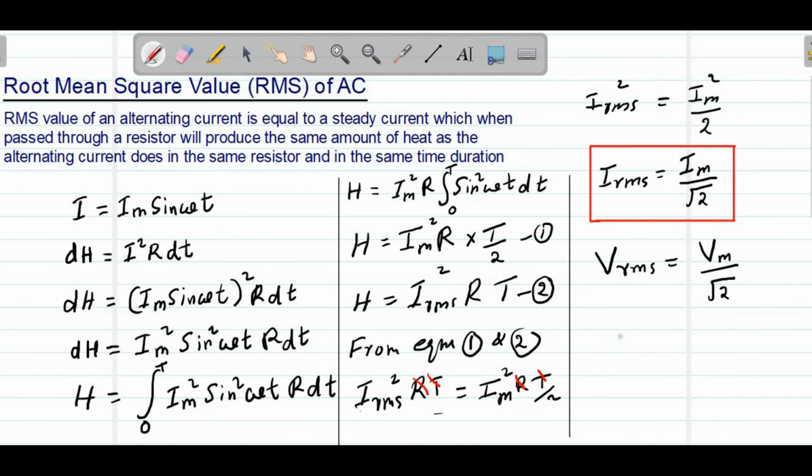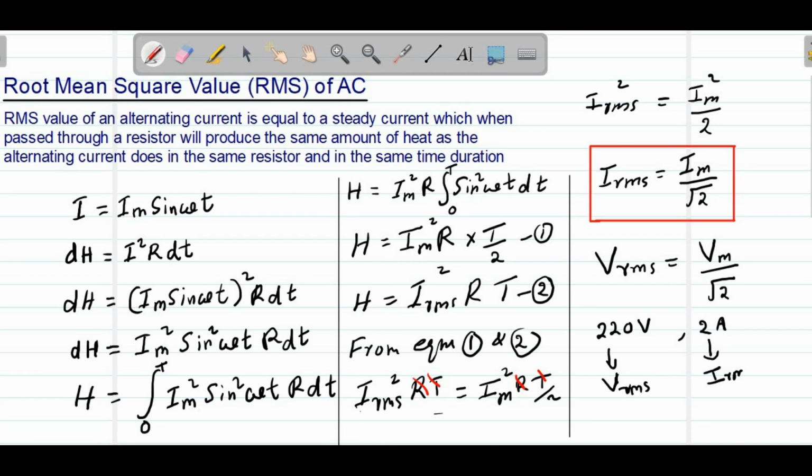So from now onwards, all of you remember, in all AC circuits, when we are doing calculations, the given current and voltage will be RMS values. Suppose in a question it is given an AC of 220 volt is applied to an inductor and a current of 2 ampere flows through it. Then that 220 volt will be the RMS value. Always in numerical problems, the given voltage will be the RMS value, that is the effective value of voltage, and the current given will be the RMS value of current.